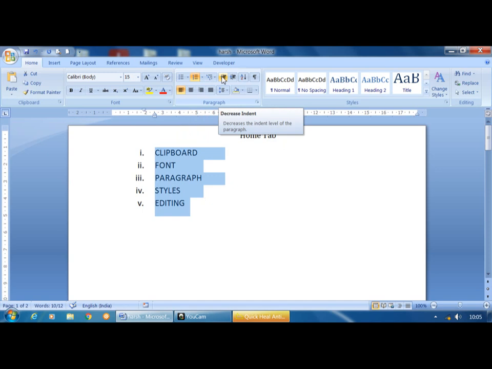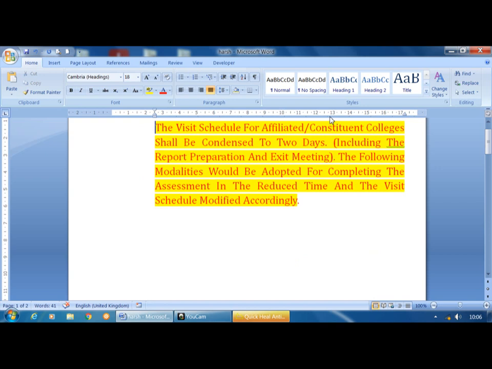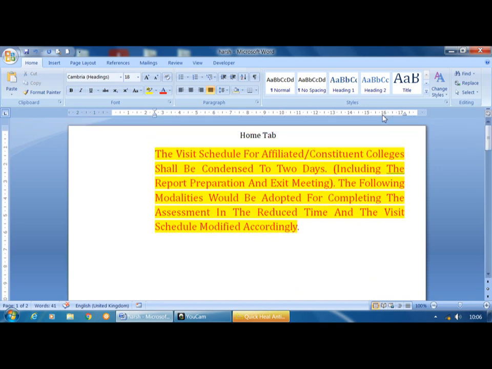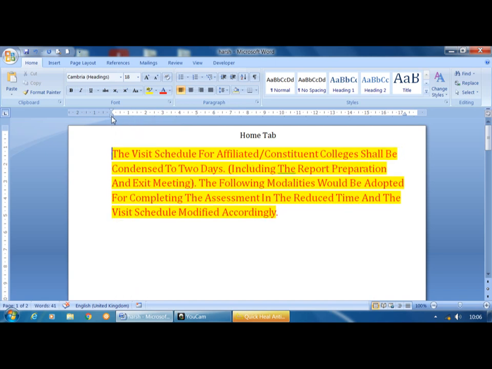Next one is decrease indent. MS Word normally provides four indents.